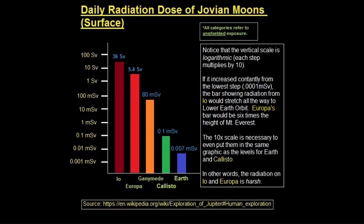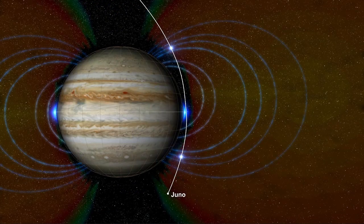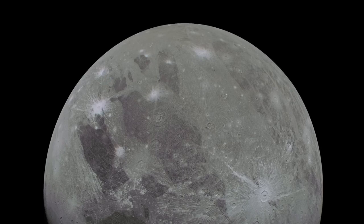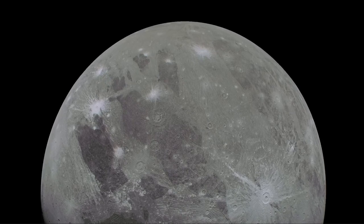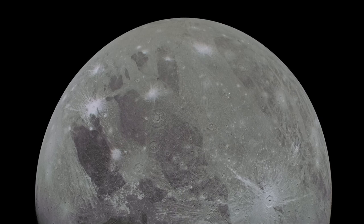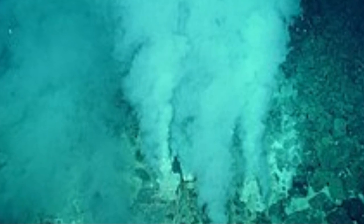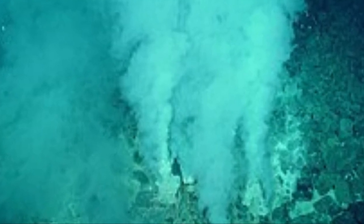But unlike Europa, Ganymede is also outside the bounds of the deadly radiation belts that Jupiter has, meaning that radiation levels would be significantly lower at this moon's surface. The ocean is believed to lie about 150 kilometers below the surface, sandwiched between different layers of ice. The possibility of hydrothermal activity on the ocean floor, similar to what we see in Earth's oceans, adds to the